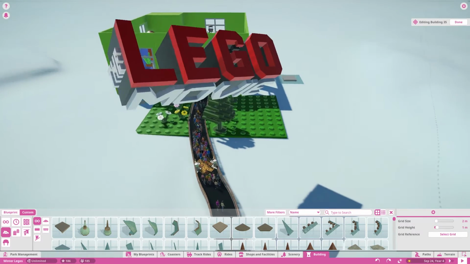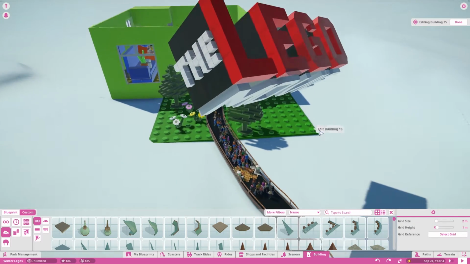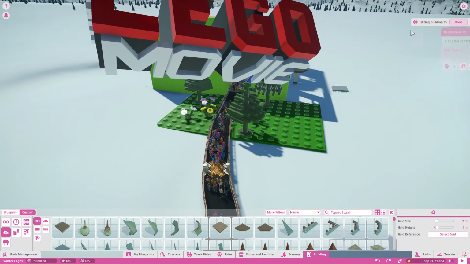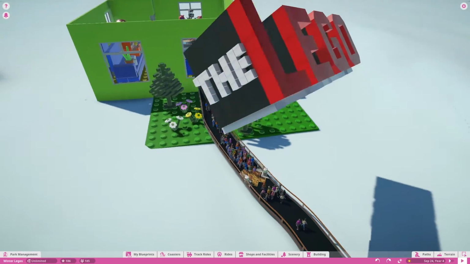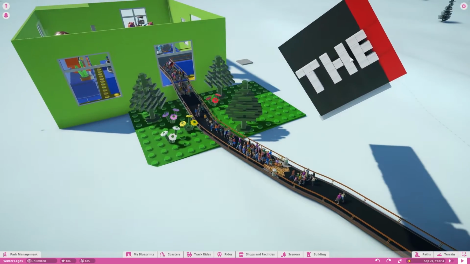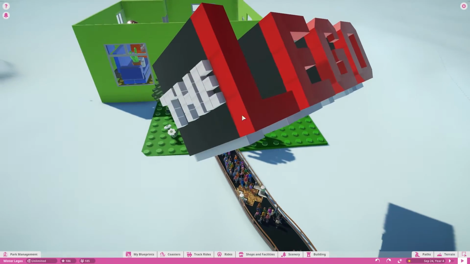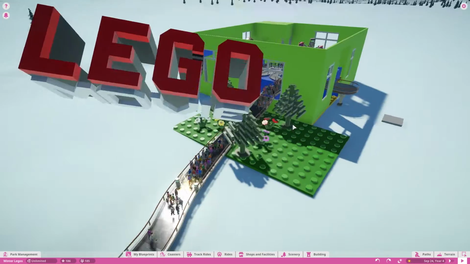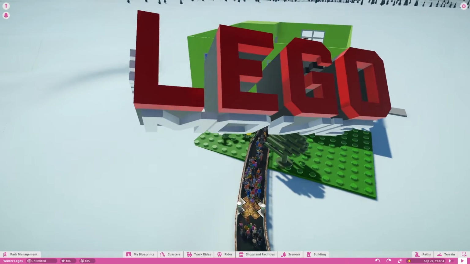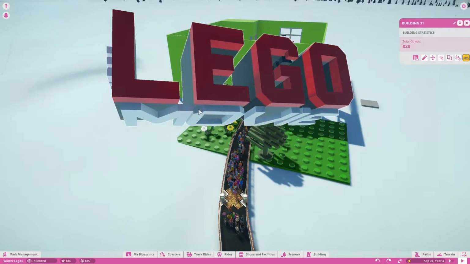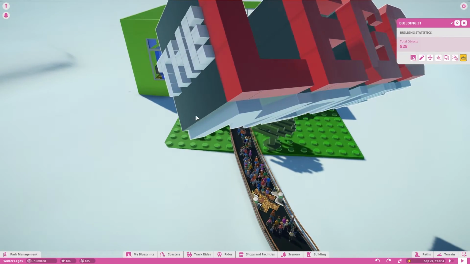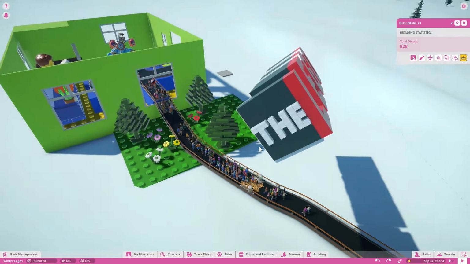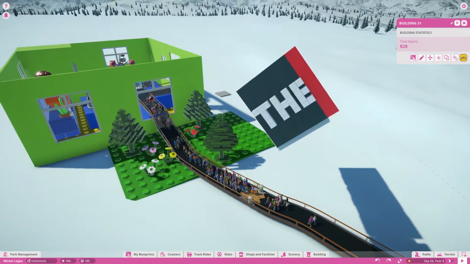I went ahead and finished up our Lego Movie logo here, so now you can see it has all of the parts to it. And I have saved this on the Steam Workshop if you would like to download that for yourself. I turned this into a building by putting the little 1 meter post piece in there, but my blueprint is